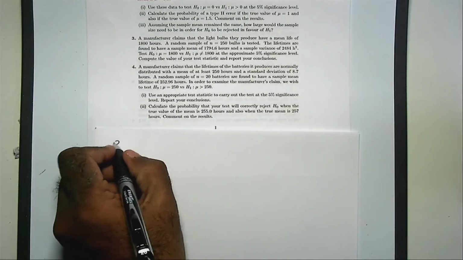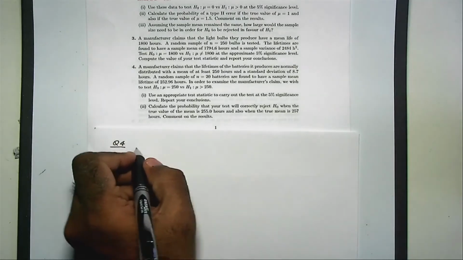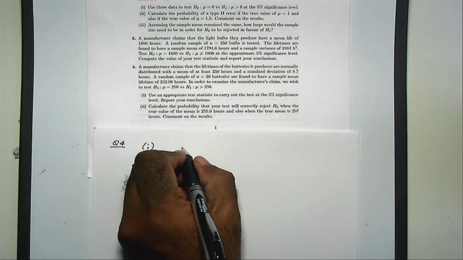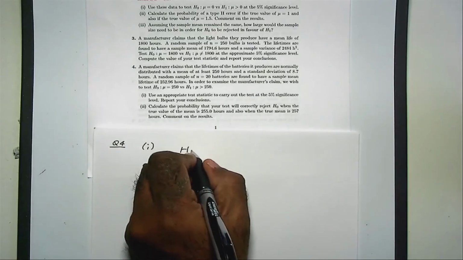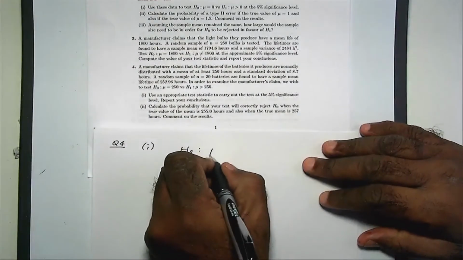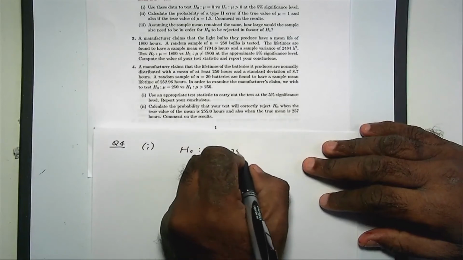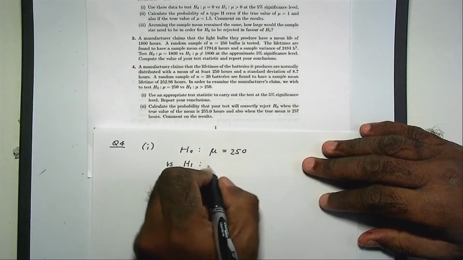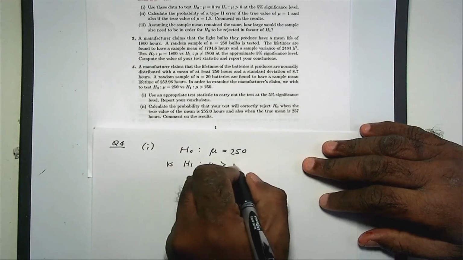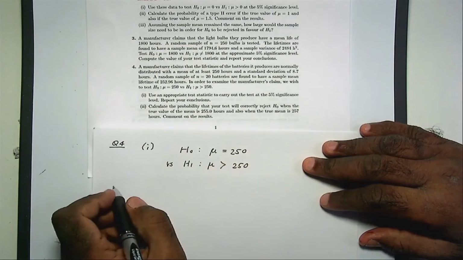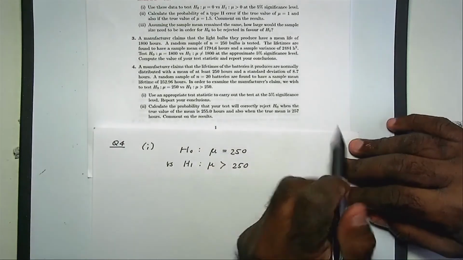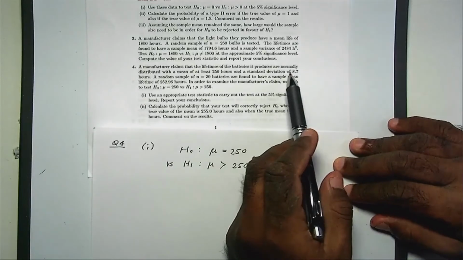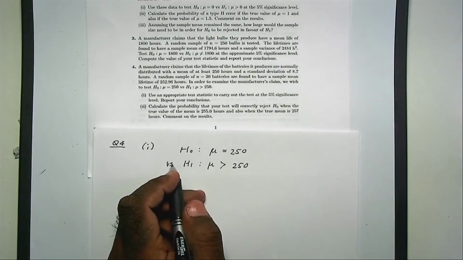So this is question 4, part 1. We are testing mu equal to 250 versus mu greater than 250. In this case, we are assuming that the population standard deviation is known, which is 8.7. And if you look at